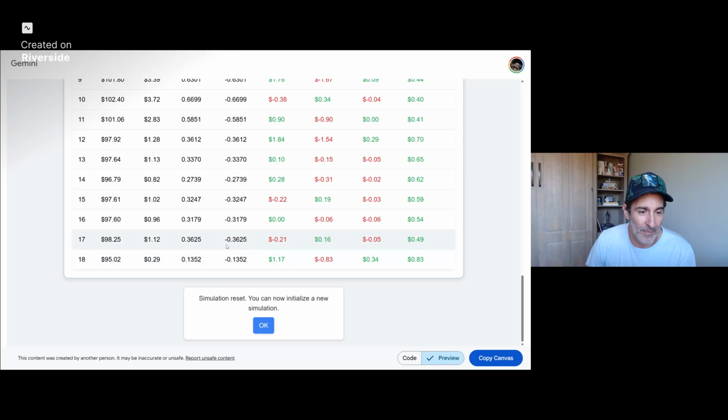So this call is getting further out of the money. Its Greeks are declining, its delta is declining. It's got less gamma here, even though we don't publish what the gamma is on this thing. This option has less gamma here. In other words, it takes a larger stock move than it has been to be able to move this delta around. Let's keep